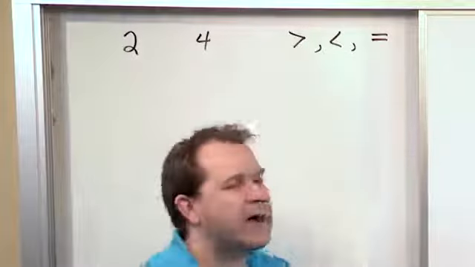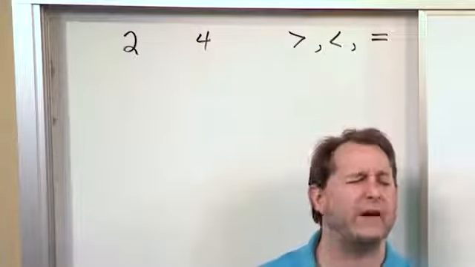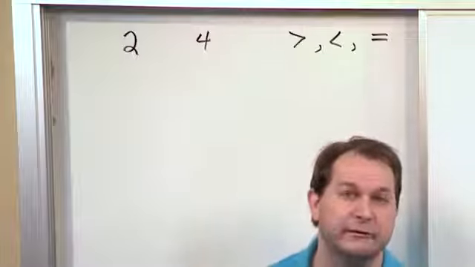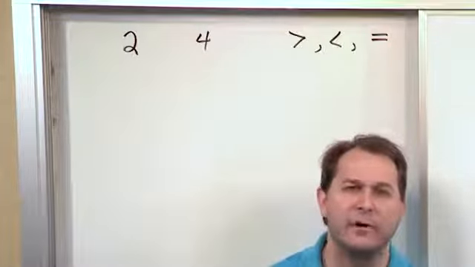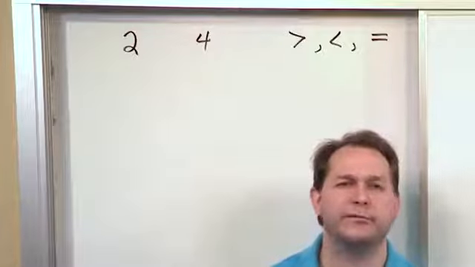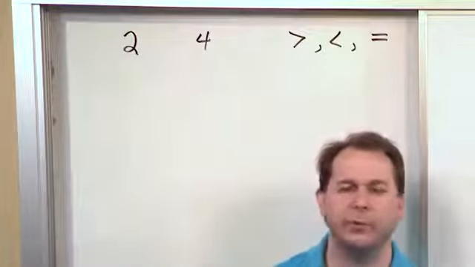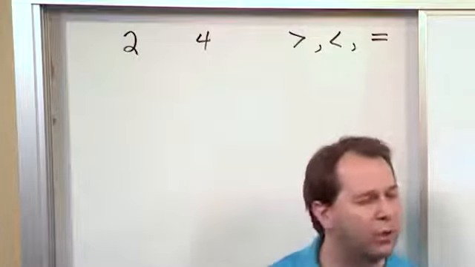The way you decide what symbol to put in there is extremely simple. I'm going to tell you the secret. Not all teachers will tell you this, but I'm going to tell you the secret, okay? The arrow for the less than or greater than, it always points to the smaller number. Always, always. You point that arrow to the smaller number, and then you will always get the right